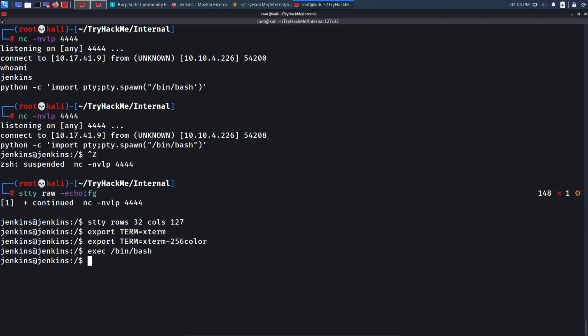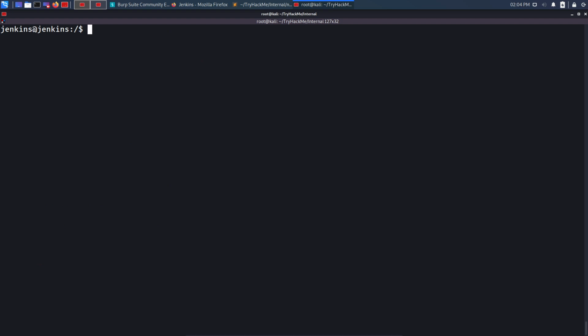And let's press Ctrl L. Yes, I can clear the screen, and Ctrl C is not quitting out of my session, so that's fine. Now I need to do more enumeration to get root access. So let's see the id command, and I am not a member of any strange group. Then I will check sudo privileges, sudo -l,